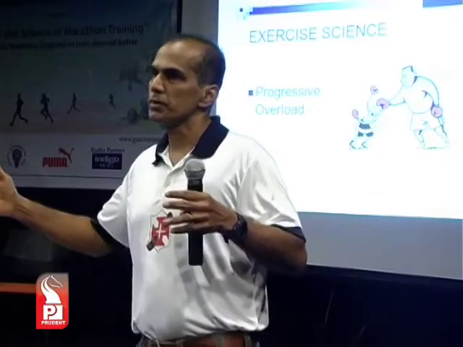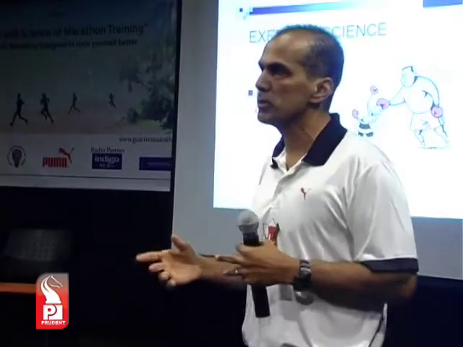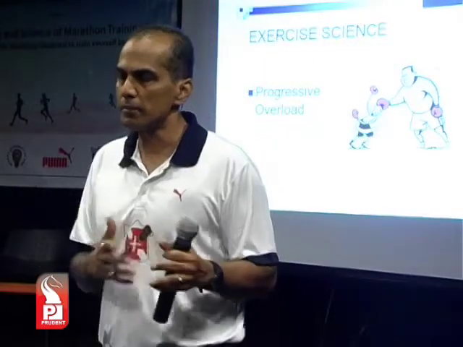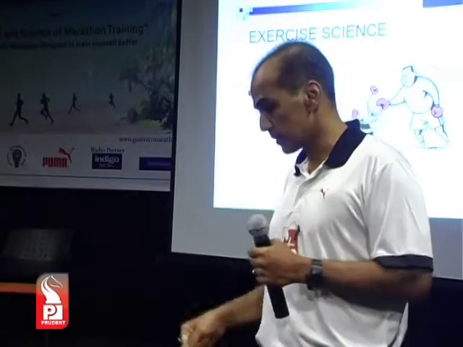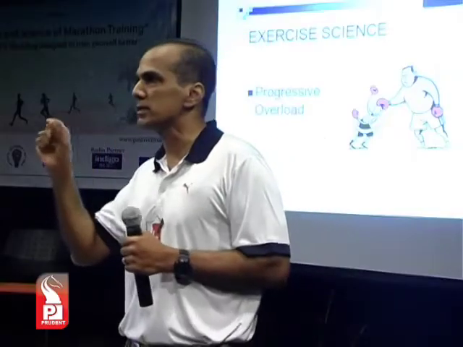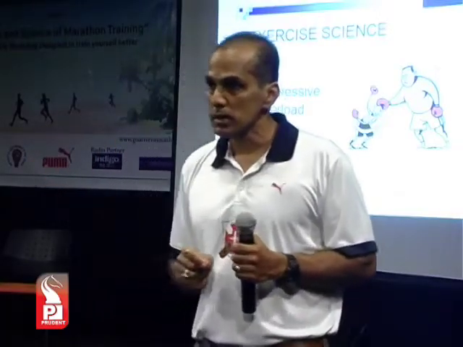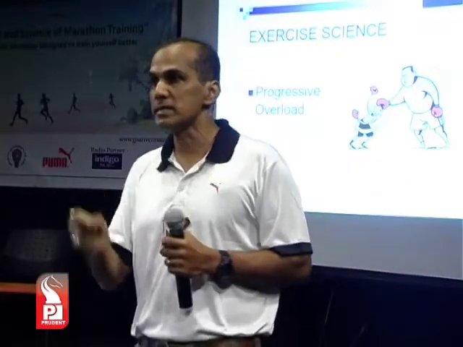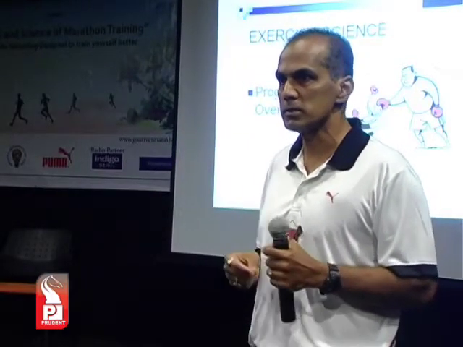Okay, what happens? When you run 6 kilometers, let's go into the physiological aspects. Your heart and your lungs are stressed, right? Your leg muscles are stressed. If 6 kilometers is a long distance for you and you felt quite hammered at the end of it, it means there is something called micro trauma happening in your muscles. These are microscopic tears which take place in your muscles. Your muscles actually tear. It's not something to be worried, alarmed or intimidated about. It is a nice thing. It's the one which gives you the ache at night because you ran 6 kilometers in the morning.